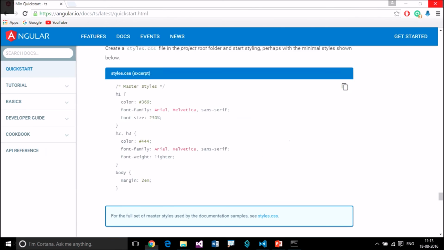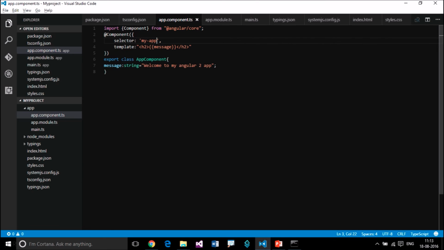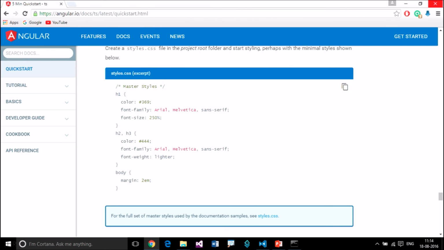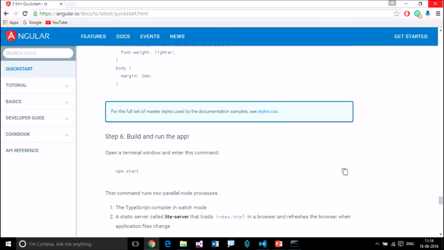Copy this and paste it here. Small few styles for our components. Let's choose H1 here so that I can see blue color. So we are done setting up our environment.